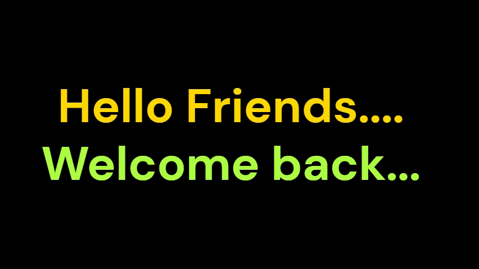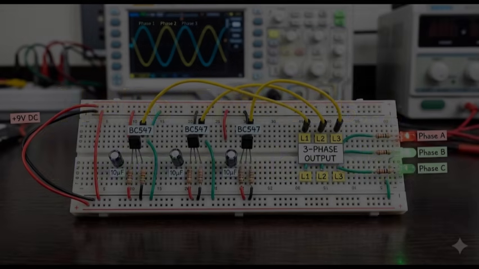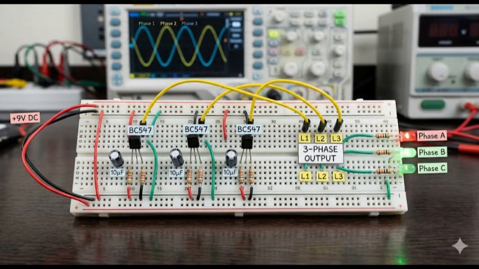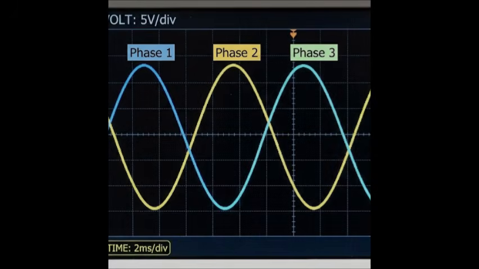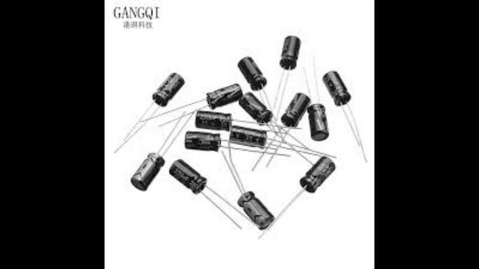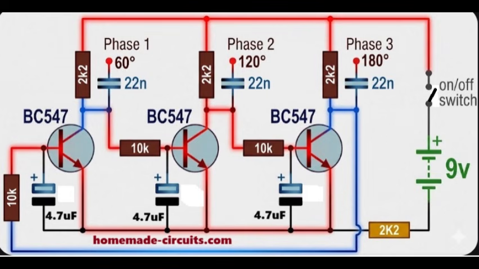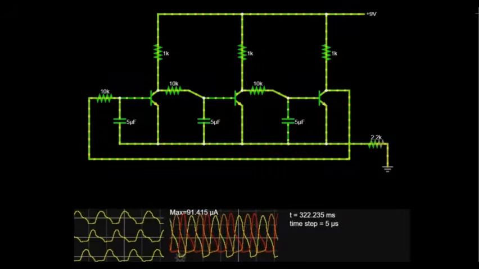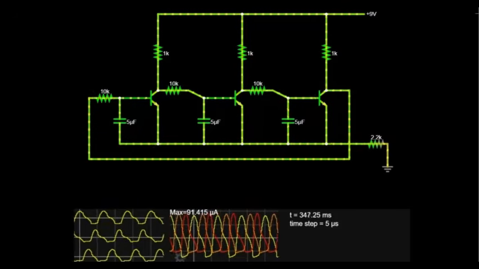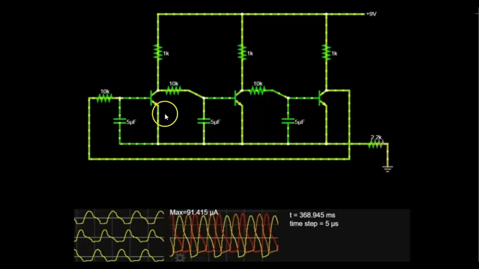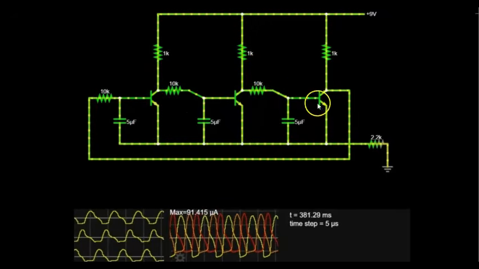Hello friends, welcome back. Today we are going to understand how this simple transistor-based three-phase generator circuit actually works, and why it is able to create three phase-shifted waveforms using only 3 transistors, a few resistors, and capacitors. At first glance the circuit looks simple, but internally it works like a rotating chain where each transistor depends on the previous one. What we have here are 3 identical NPN transistor stages connected in one closed loop, not as